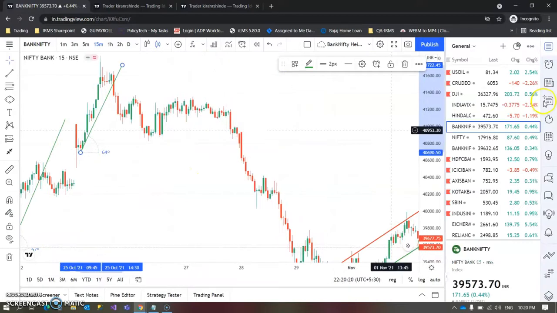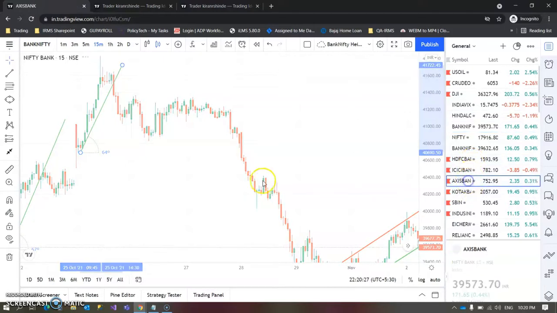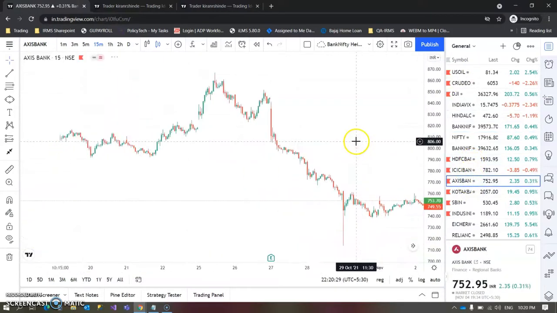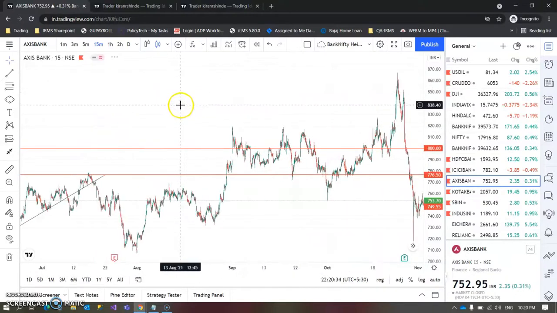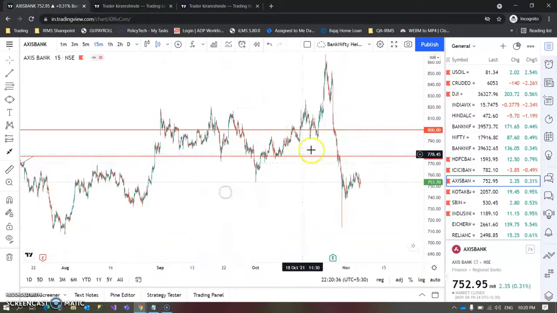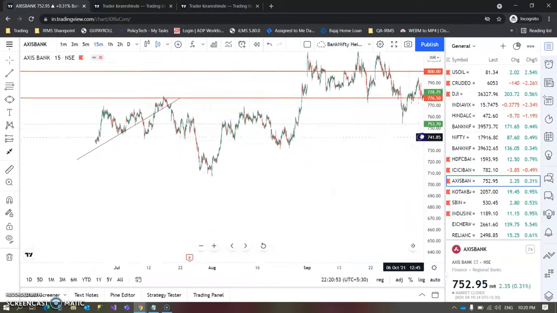Now apart from this particular Bank Nifty chart, we can draw trend lines in any chart. So just to show an example, let us see Axis Bank. Even if you zoom in on the chart, you can clearly identify that these lows are making a kind of slope, and try to draw a line touching these lows. Lows of the swing, each swing. Then you would be able to do this.